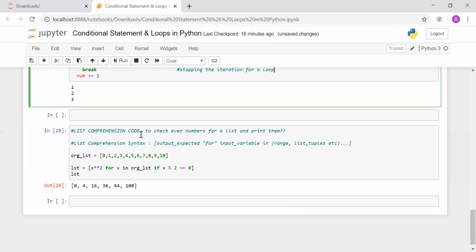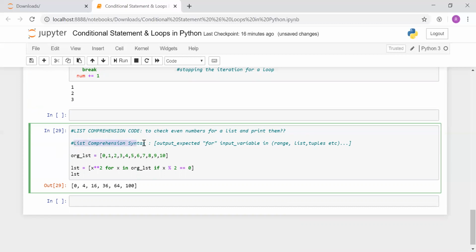And finally, I have an interview requirement where, using a list comprehension, you need to check the even numbers in a list and print them. First of all, I would like to show you the list comprehension syntax. Yesterday I also talked about lambda expressions, and I gave almost 6 to 7 lambda expressions and explained in a very clear format what a lambda expression is. Python interviews in most companies have at least 2 to 3 questions based on lambda expressions and also on list comprehensions.